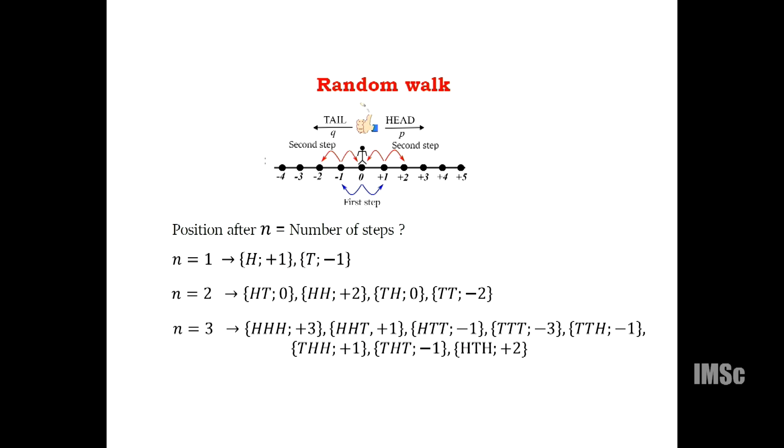It can also get one tail and one head, again its position will be 0, and it can get 2 consecutive tails, in which case it moves 2 steps to the left, and its final position will be -2. For n equal to 3, you can again do these boring calculations and see that there are a total of 8 possibilities, and the final position will range from -3 to +3. So rather than doing these brute force calculations,